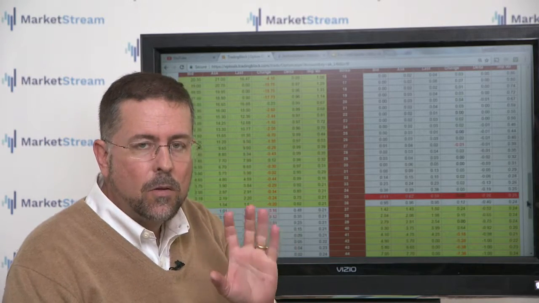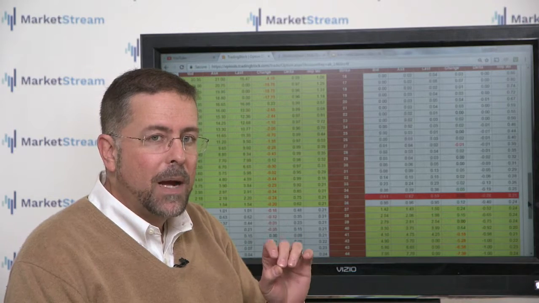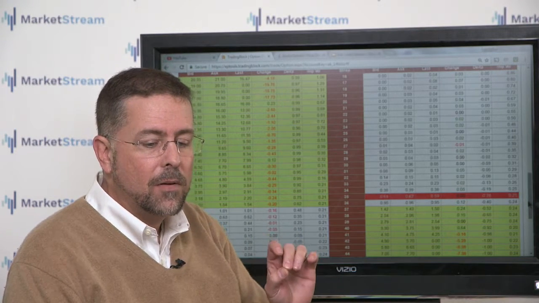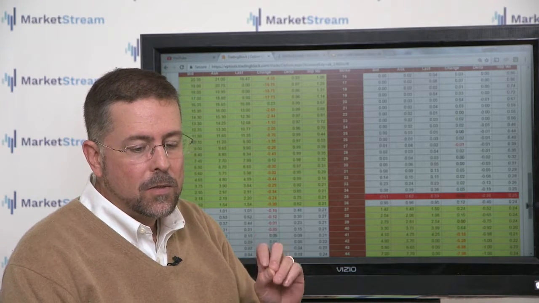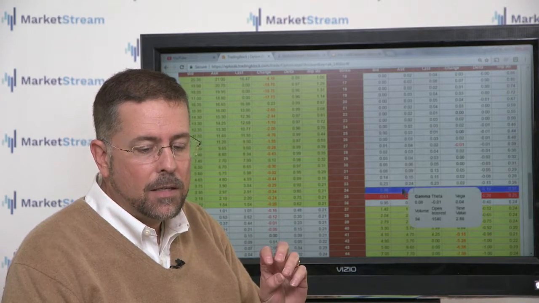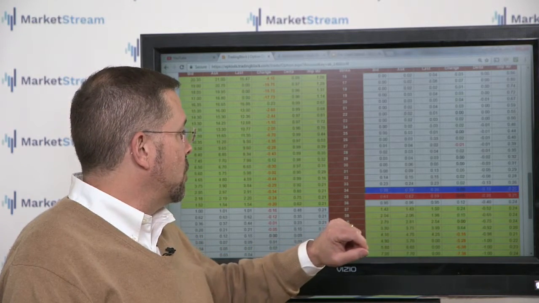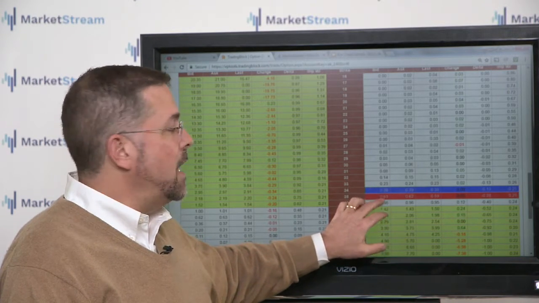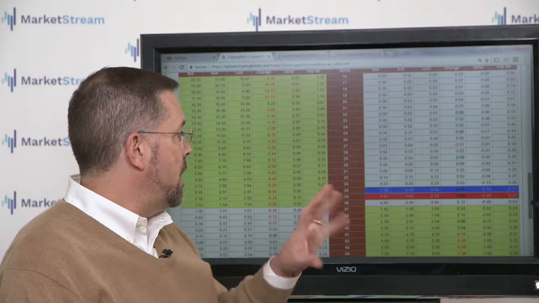Now I like to do either 1 to 3 point spreads, the difference between what I'm buying or selling. In this case, I'm selling the 35 puts, and then what I'm buying, I could do $1 or I could do $3. In this case, I want to keep my capital tight, so I'm going to actually look at buying the 34. So this is a 50-day credit spread where I'm going to receive 61 cents and I'm going to pay roughly